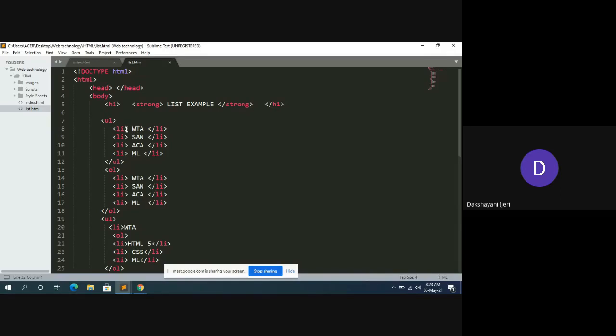You can see WTA, SAN, ACA, and ML. Each of these has been added with a separate LI. So do not get confused here. To add WTA, open the LI, add the content and close it right there. Similarly for SAN, ACA, and ML. So first, all four unordered list items have been completed.